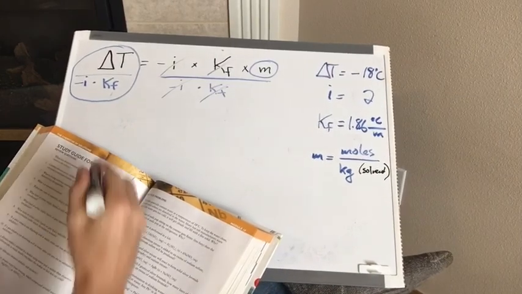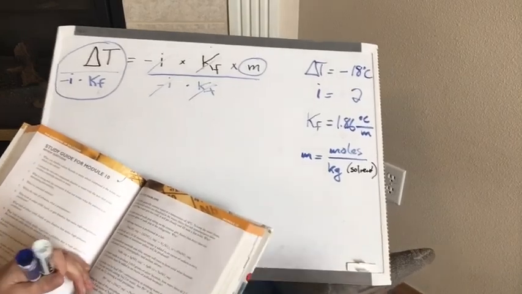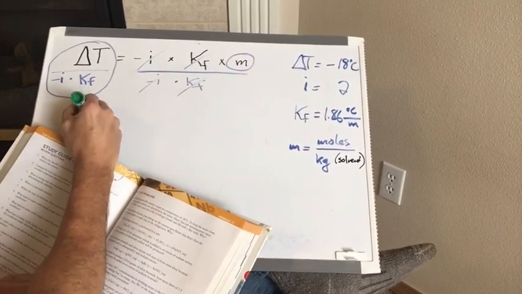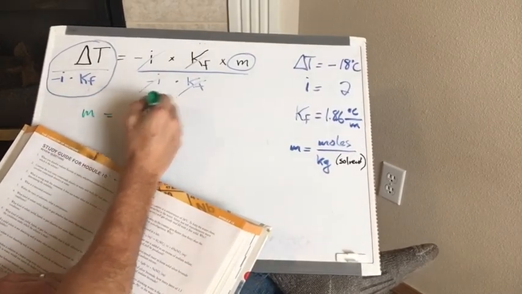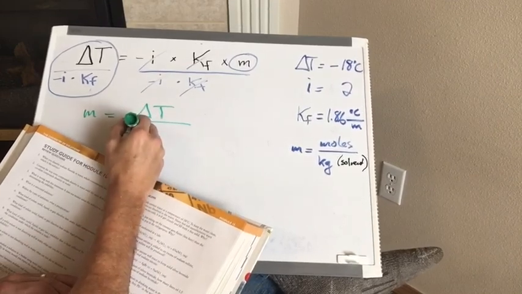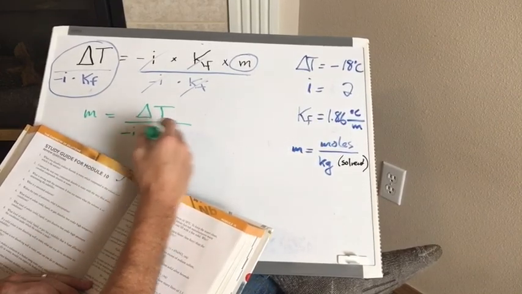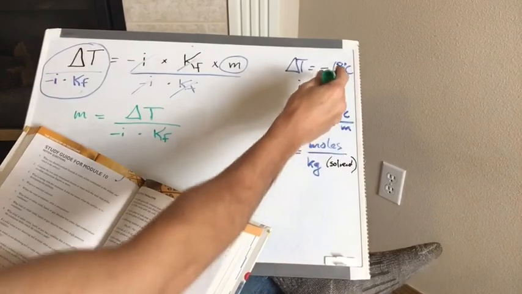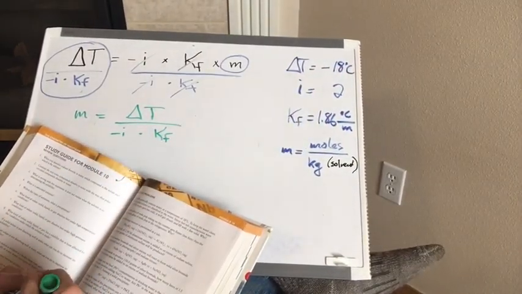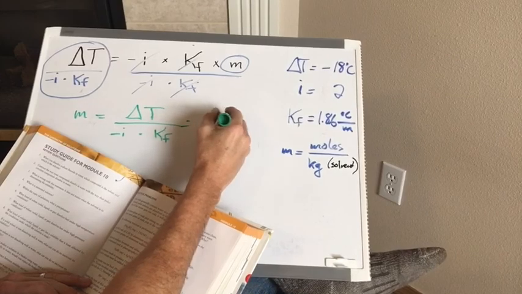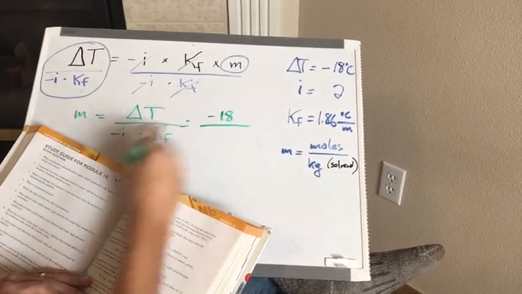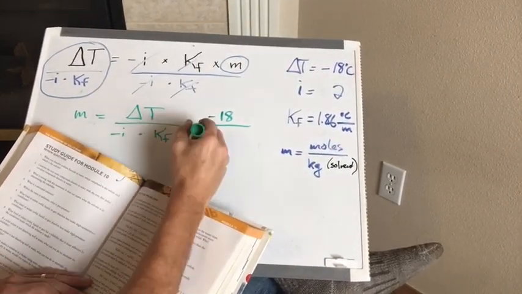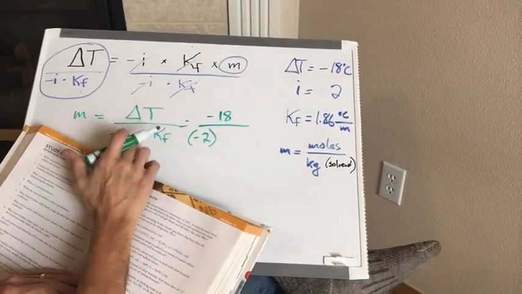So, just to write this out again with a different color, because I like to keep it pretty here. So molality, once again, is change of temperature divided by negative i, and multiply that on the bottom by Kf. We've got all that information there. So change of temperature we decided was minus 18. And we decided that i is 2. So negative i would be negative 2. I could put that in parentheses so I don't get confused. Multiplied by Kf,